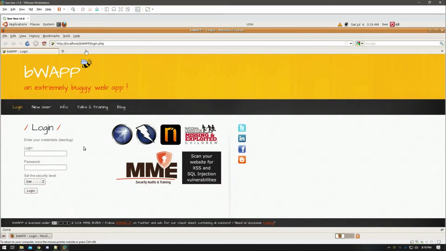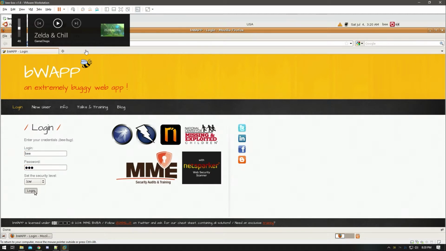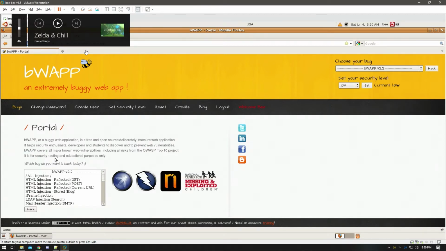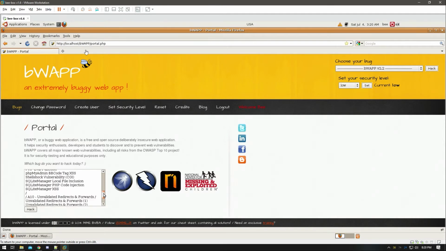and that'll open up the web browser. We're going to go ahead and log in with the default credentials. As you can see right here, it's b/bug, and hit login. Now, if you see here, there's lots and lots of different bugs that we can try out